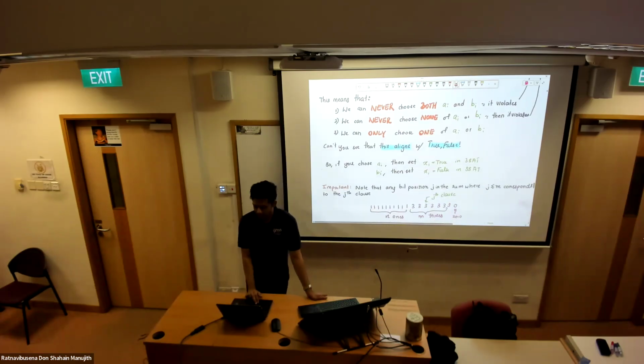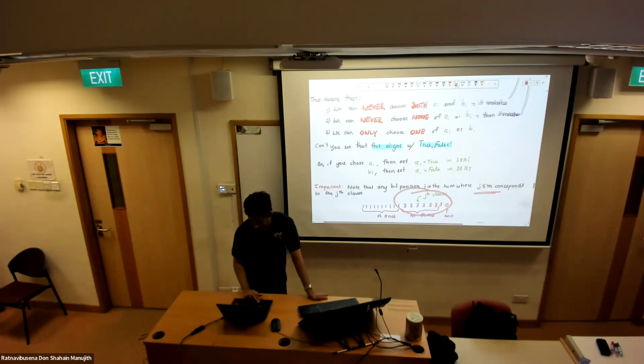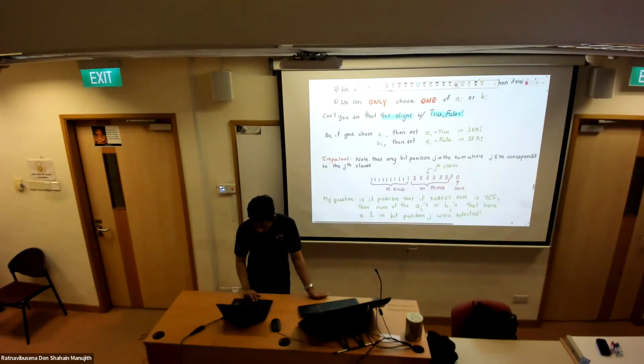Okay, so again, if you consider any bit position j in the sum where j is at most m, that means we are looking at this part. This bit corresponds to the jth clause. My question is, is it possible that if a subset sum is a yes instance